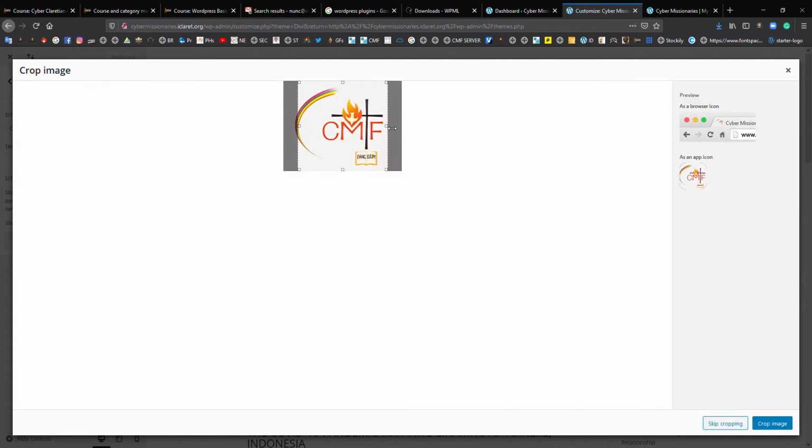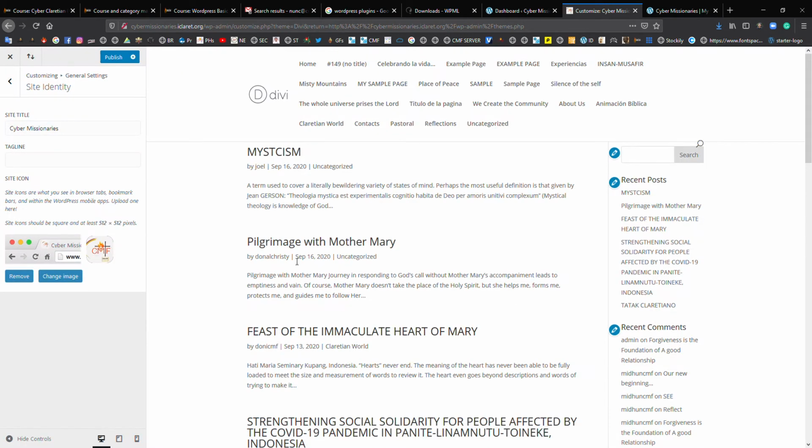And then you can crop it. You can just choose this part, this portion, maybe, if it allows you, and then crop image, so that here you will see that the icon is already changed. The site icon is already changed. You click publish,